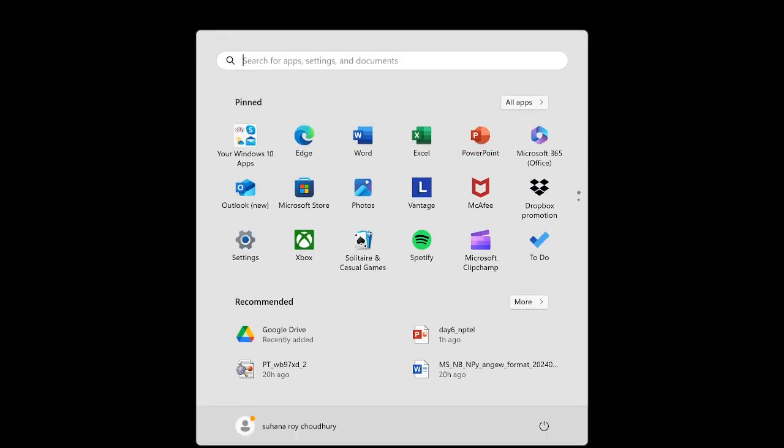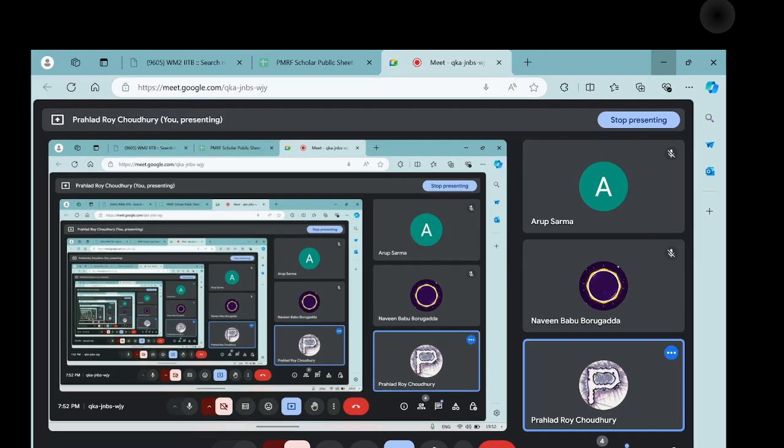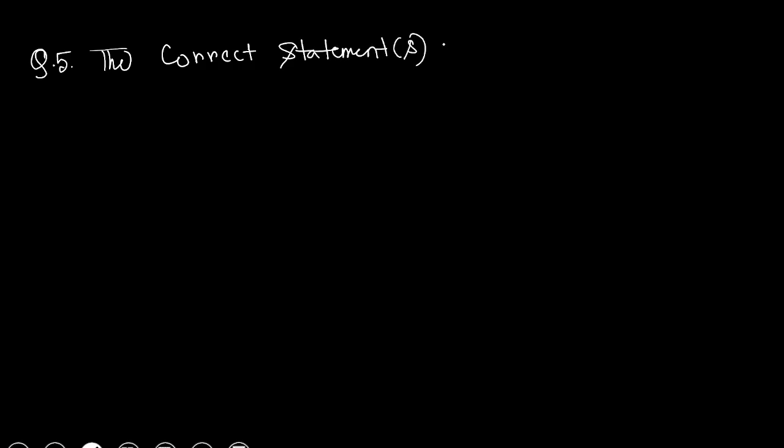Now question number 5. The correct statement. Natural line with